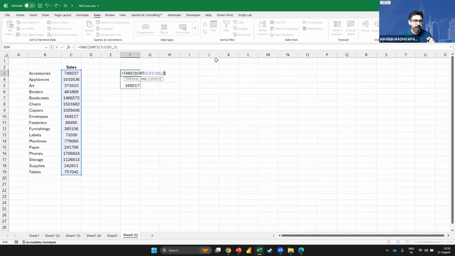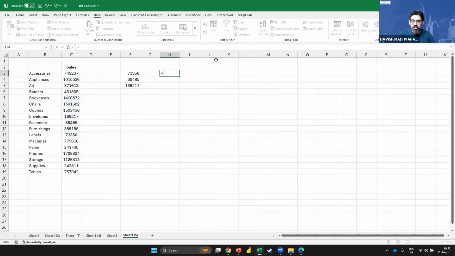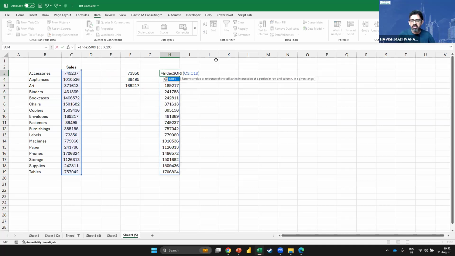But here's the thing, right? How do you go and not pick the top and the bottom, but the 11 in the middle? After all, there are 17 of them, right? Now that's a little tricky. If you watch, what I'm going to do is I'm going to say SORT, and I will now use the INDEX function,